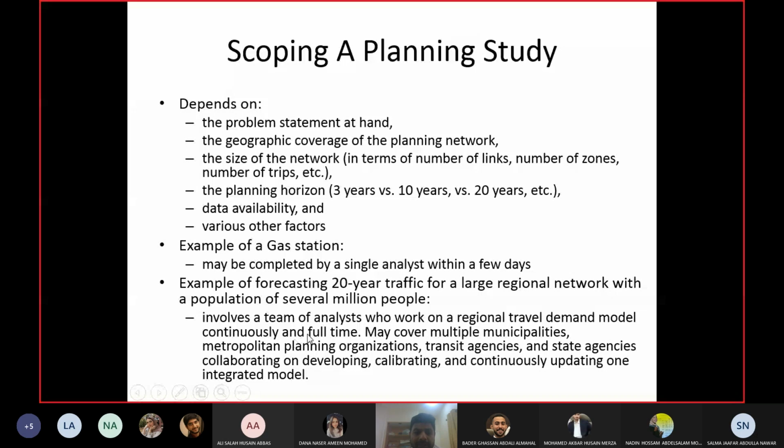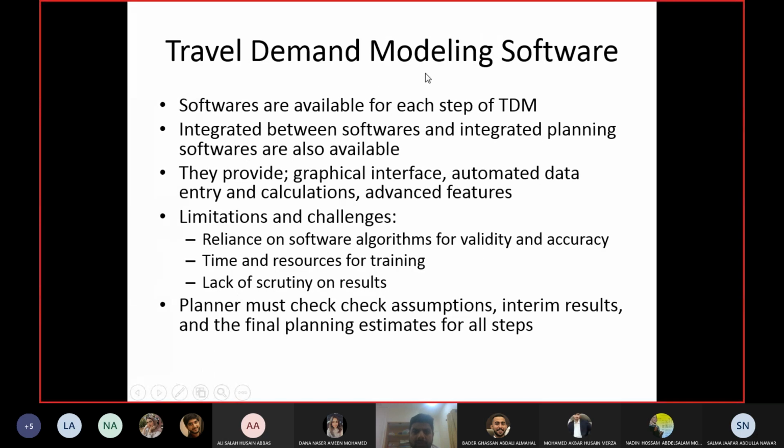It will need a full team, and that whole team should work on this task full time. Then you may have to cover many cities, and you may have to coordinate with many organizations as well. So how many people, how many resources you need depends upon the scope. According to the scope, you will set the timeline of your project and how many people you need.